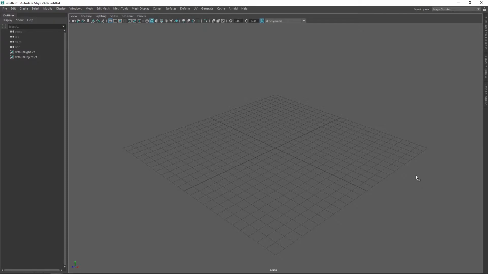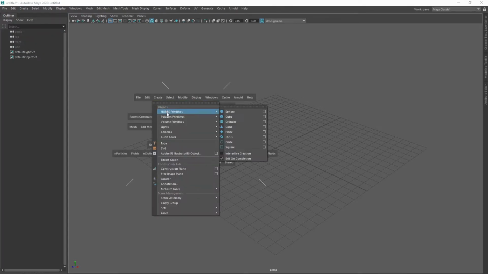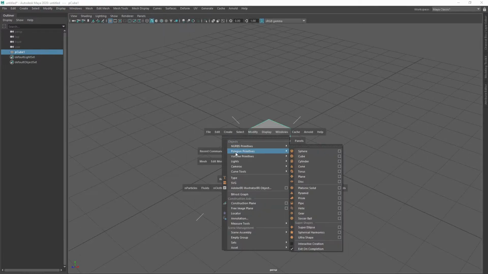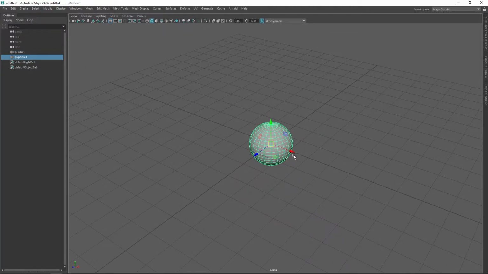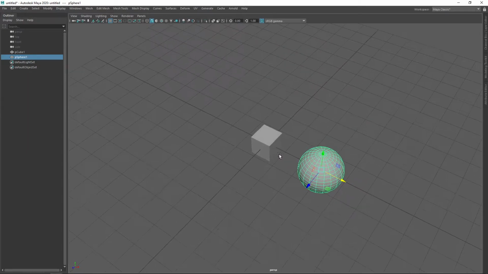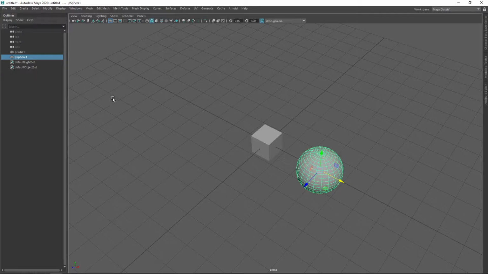Now, we're going to need an example to look at here, so in addition to these hidden default camera objects already present in the scene, I'm also going to go ahead and add a cube, and I'll also add a sphere, and I'll move that off to the side just so that we can see both objects. Now I'm also going to click and drag with the middle mouse button. I'm going to click and drag on the sphere and drag that on top of the cube, creating this sort